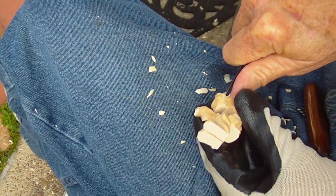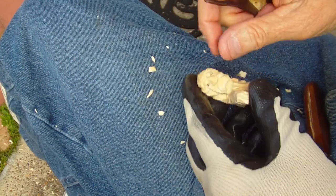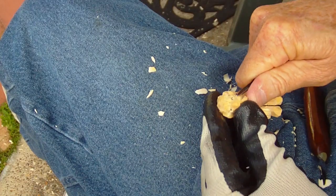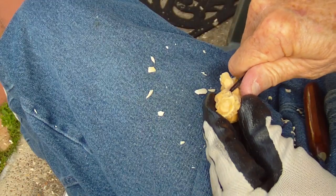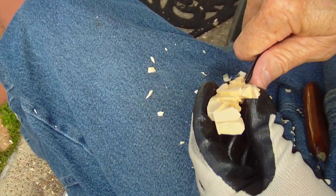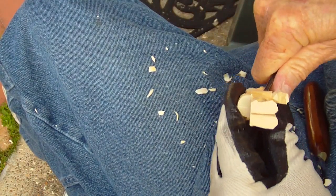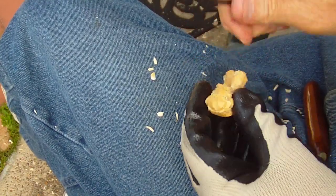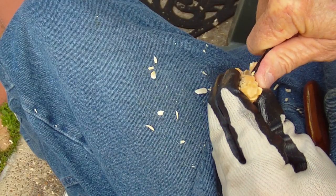Come down here and just kind of make it on the beard itself. I just sort of didn't mean anything. It just hit a little snag. And we come to our mustache, and very carefully we just make our little